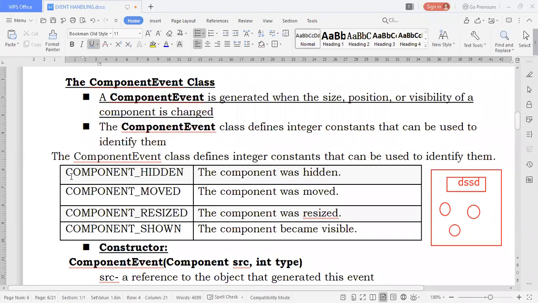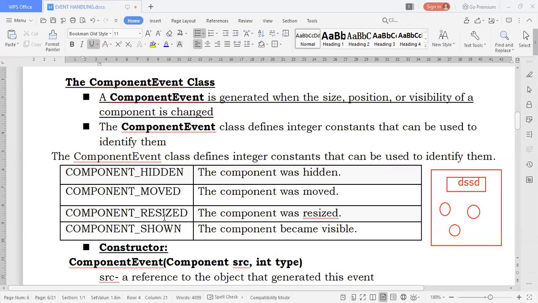So how can we change the status of the component? One is we can hide the component. We can move the component; we can just drag this component, or change its placing. We can resize the component, like earlier it was of some size and we try to change it at the time of execution. Normally, in Java programming, this is a little complex, so we may not do it, but you should know.